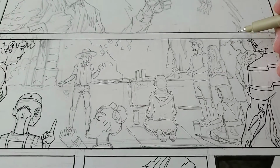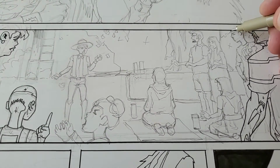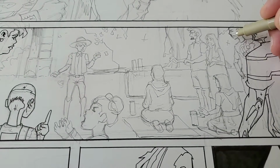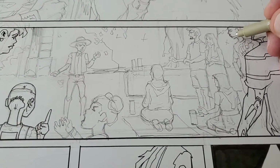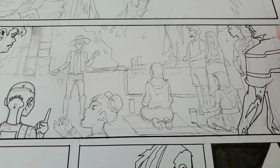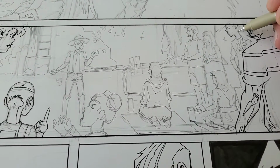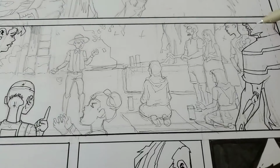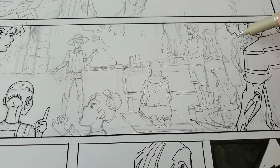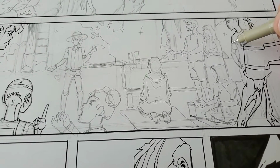So I'm holding this with my hand, trying to make it as steady as I can. Right now I'm using a Micron 1 to ink these middle ground figures here. These figures on the outside here were done with a Micron 3. And the reason for that